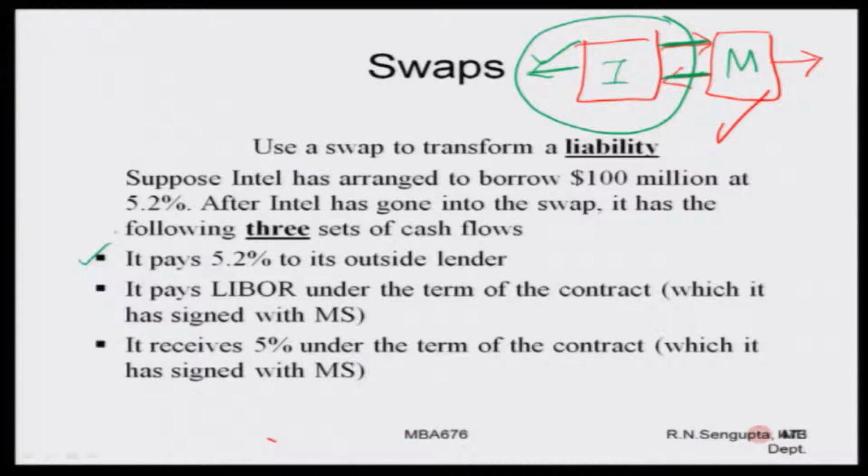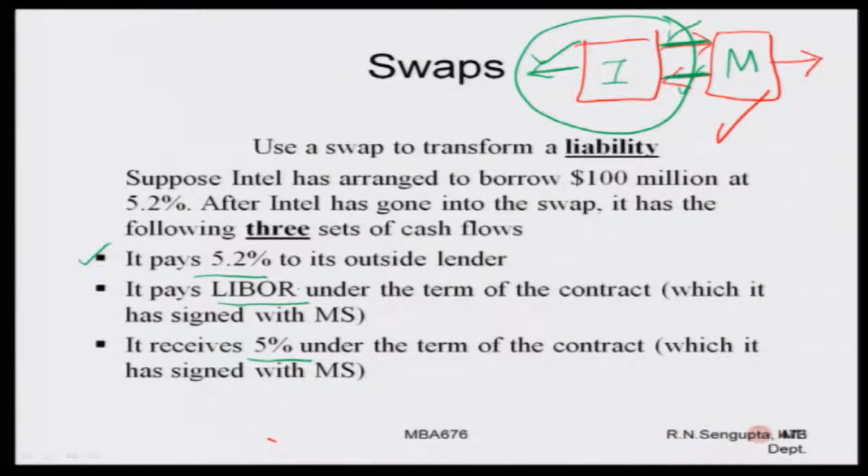It pays LIBOR under the terms of the contract which is signed with Intel, which is this contract. It pays and it receives 5% under the terms of the contract from Microsoft. So, this is the one. Now if you consider all three transactions cumulatively, what you have is LIBOR going and coming; some amount is going out, some amount is coming in. What is going out? 5.2% is going out and it receives 5%. So, the net outflow is 0.2 plus the LIBOR which is already there, which means Intel is technically able to